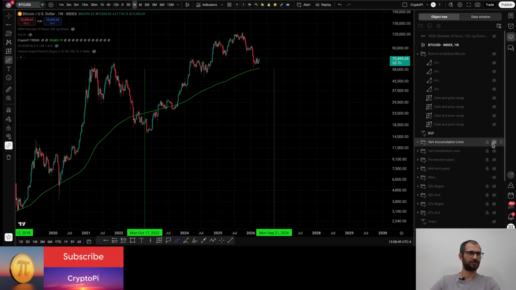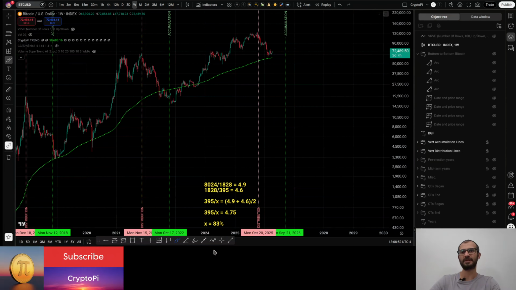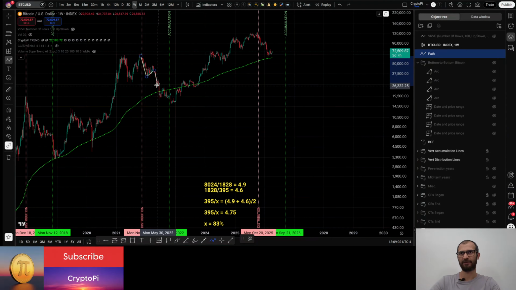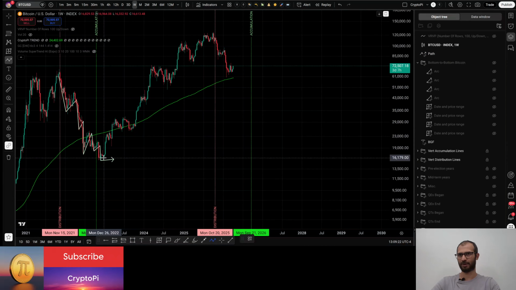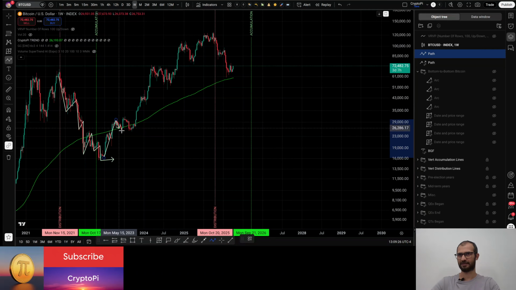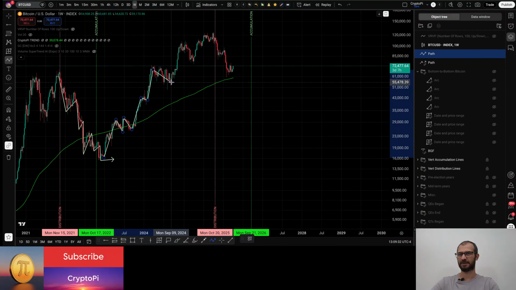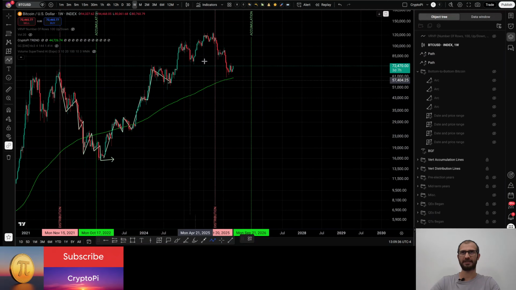So if we switch on the accumulation and distribution line, you see that during this phase, when the price has crossed the distribution line, we always see a bear flag forming. So we have price going down, then some rally, then drop again, then price making short rallies, drop again, and these are called bear flags. The opposite happens in a bull market. You have price rallying, then some drawdowns, rallying, drawdowns, sideways, and so on. We are seeing a similar pattern over here.